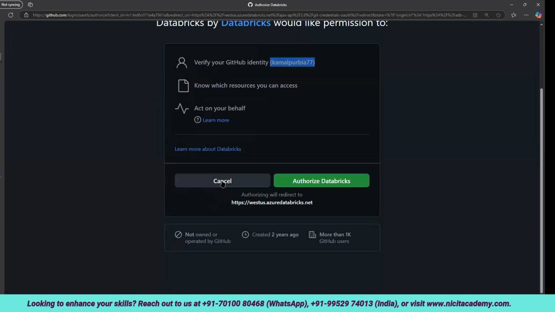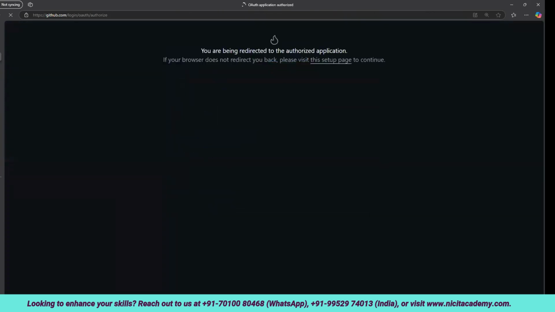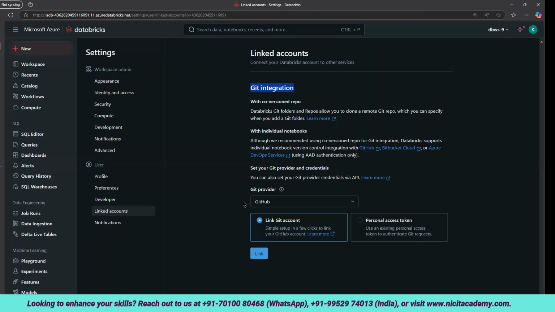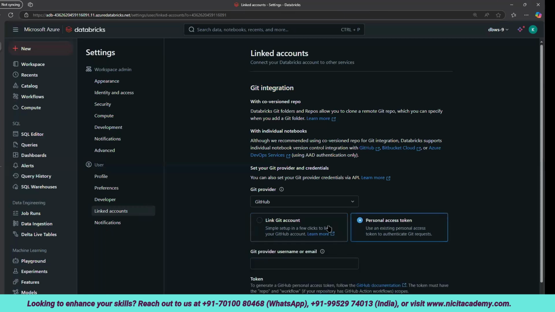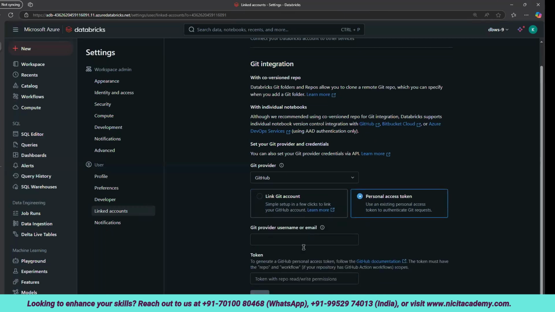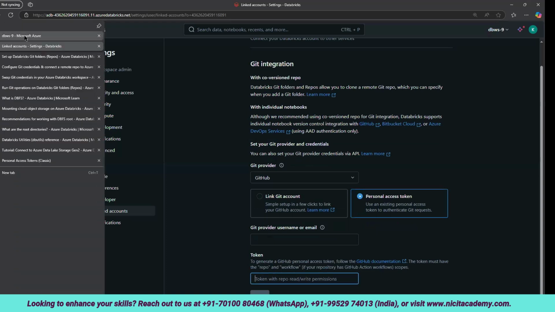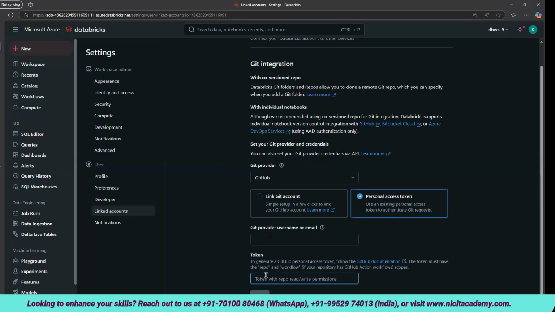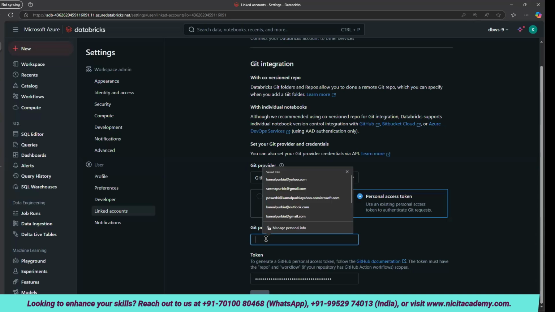So I'll quickly cancel it. Let's go back. I think I can close it from here. Not authorized. Okay, and I'll choose the personal access token because we have already created and copied the personal access token from here. We'll go to our Databricks and put this string into the token. So this is our token, and username or